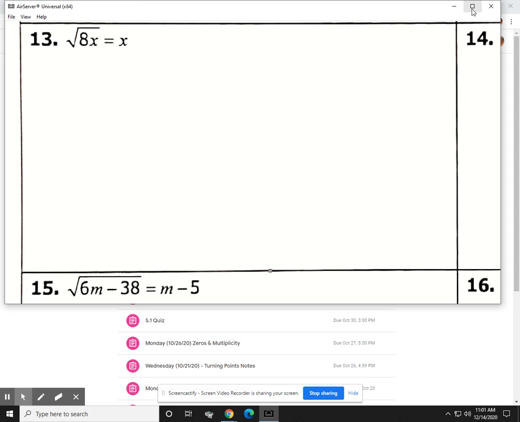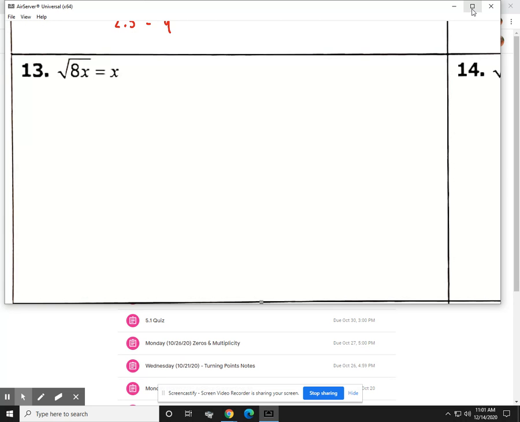Alright, so let me show you all this. You ready? Now, here's the thing that is the same as what we did Thursday. Is that radical isolated? So what do we do to get rid of it? We square both sides, right? We got to square both sides. That's exactly what we did on Thursday, and for those problems that we've done today,